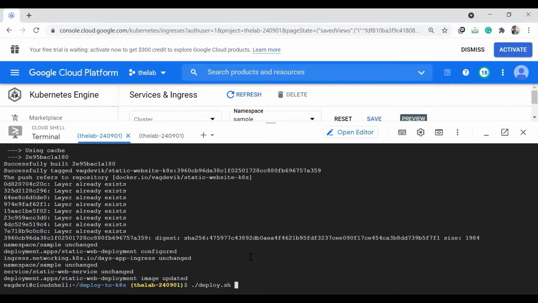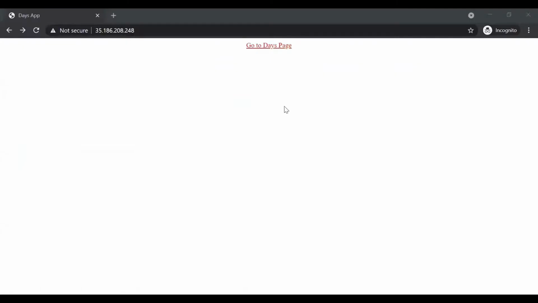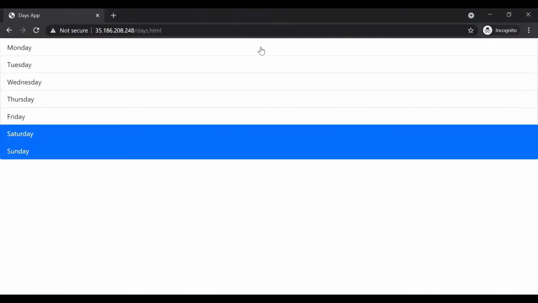So we didn't take any pain of writing each and every command, like building the image, pushing the image, applying configurations and all, right? So that is a kind of automation we achieved using this file. So our next goal is to automate even this process using Travis. And before moving forward, one more important point is that when you click on this link, sometimes you may not be able to see this page.